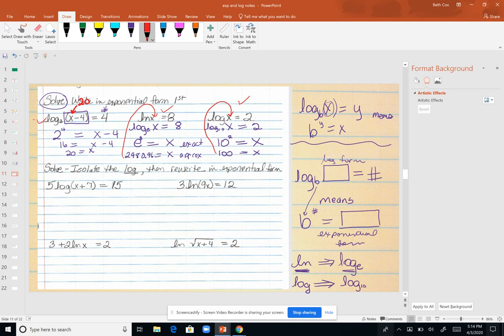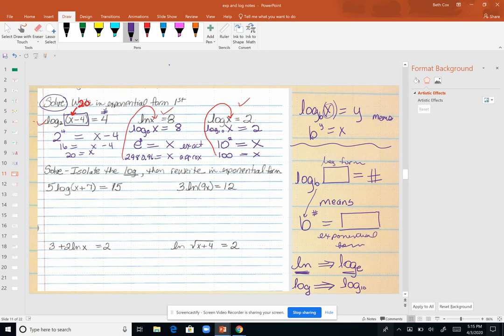Okay, so now these next group, again, stop the video at any time and rewatch and rethink and just kind of pause. This next group says solve again, but then it tells us to isolate the log part first and then rewrite. So this first one, this is 5 times log. So technically I'm going to divide both sides by 5 first, and I'm going to have